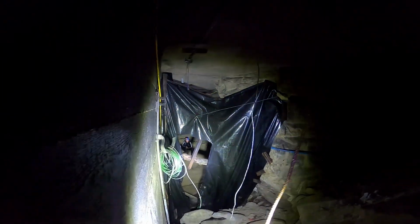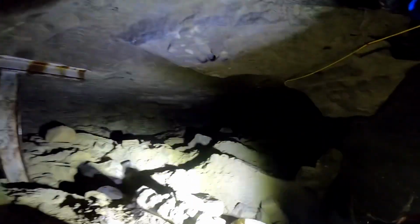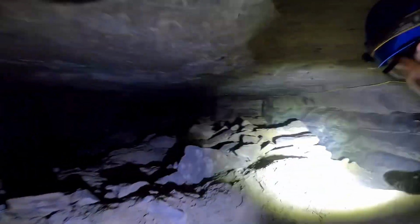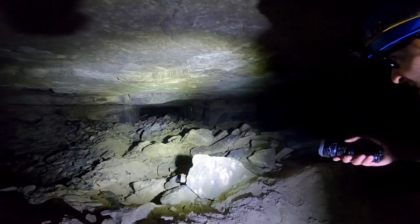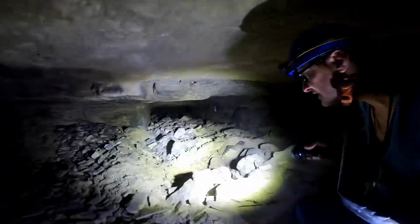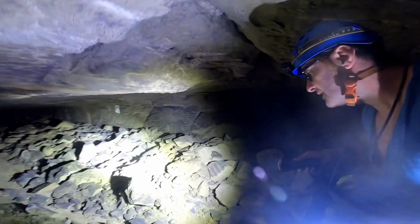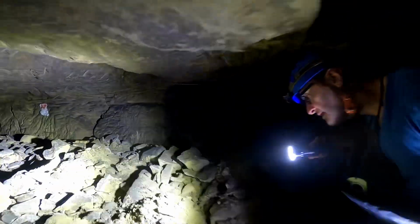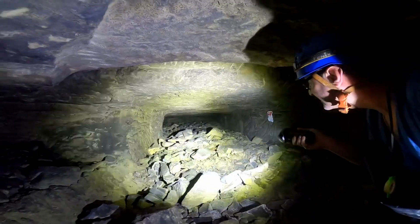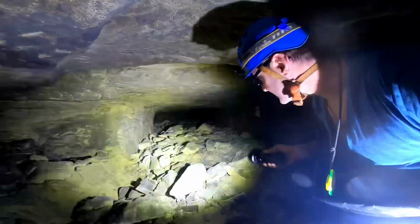I just came through that ventilation shaft where the cutting saw blades are, and I'm just making sure I haven't missed anything here, because it'd be a shame to miss a corner of this mine just because we didn't check enough. But I can see straight away that it goes to there, and this has all been